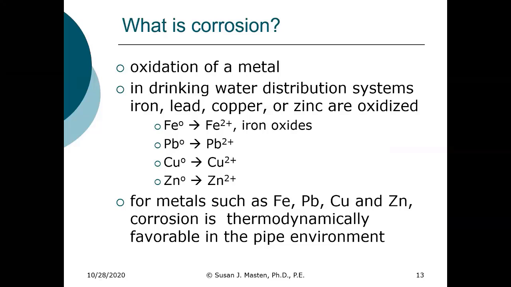Corrosion is simply the oxidation of a metal. So in a drinking water system, typically what we're looking at is the oxidation of iron, lead, copper, or zinc. Your metal itself is in a zero valence state, and that metal is then oxidized to typically a +2 charge. One of the things to recognize is that for these metals, corrosion is thermodynamically favorable in the pipe environment,